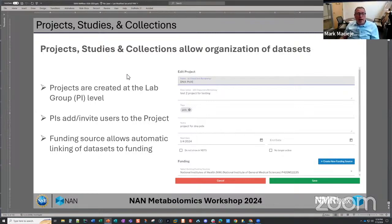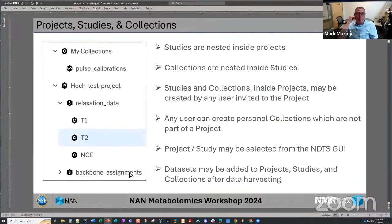In the model we have, everybody is going to be part of a lab. Then we have the idea of projects. Projects are created at the lab group or the PI level, and everybody in the lab could be part of that group. The PIs can add and invite the users to the project, and you can add a funding source. The nice thing about this is if every data set you're collecting that's part of the project is linked with the project,